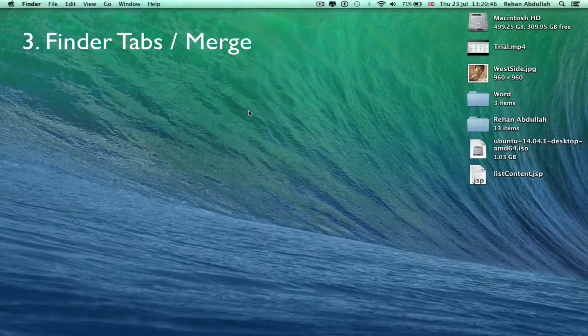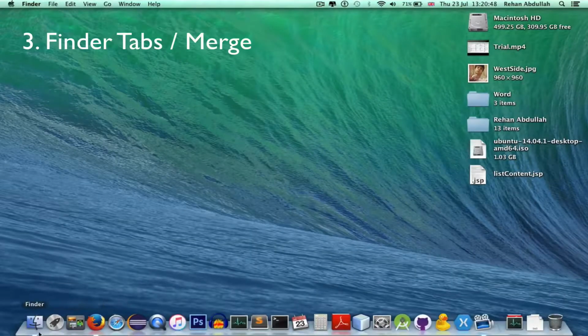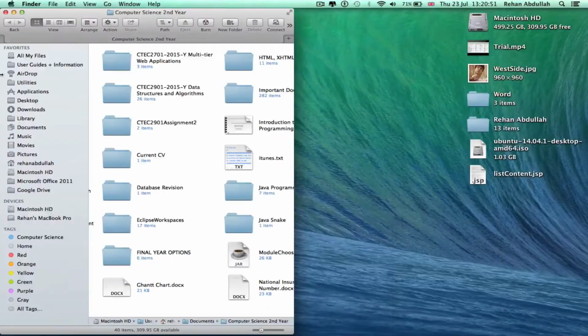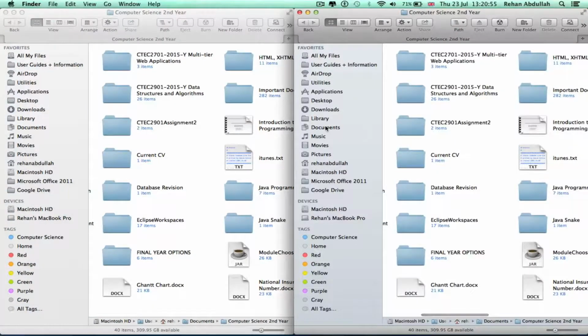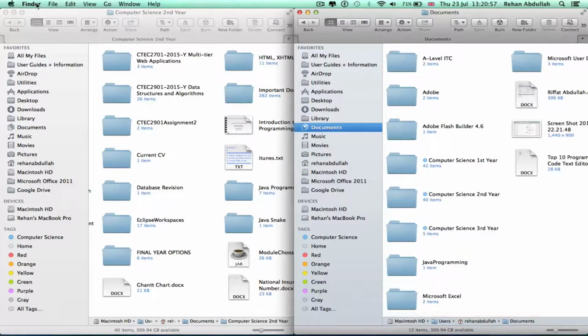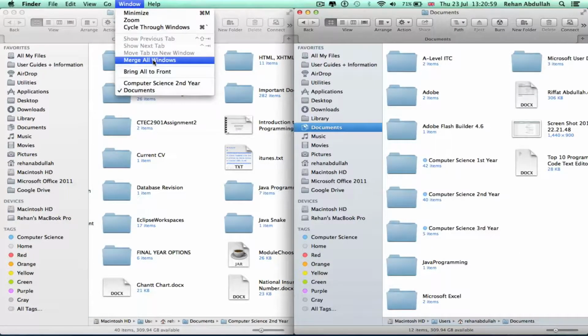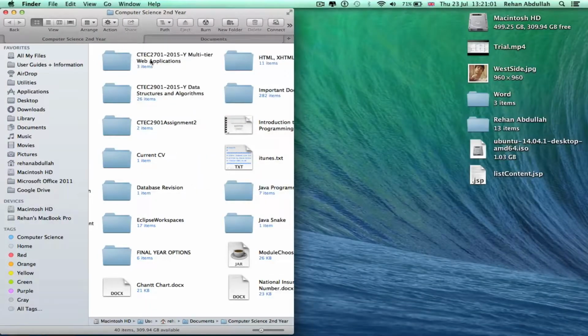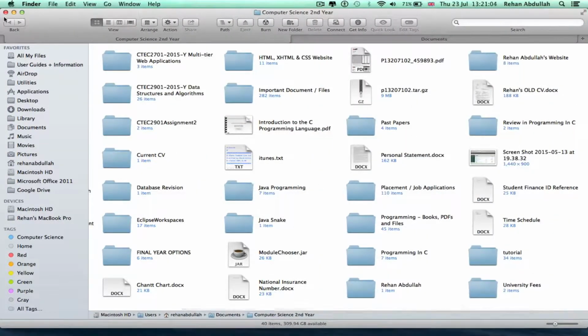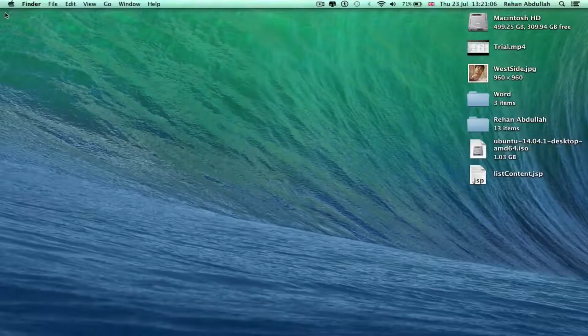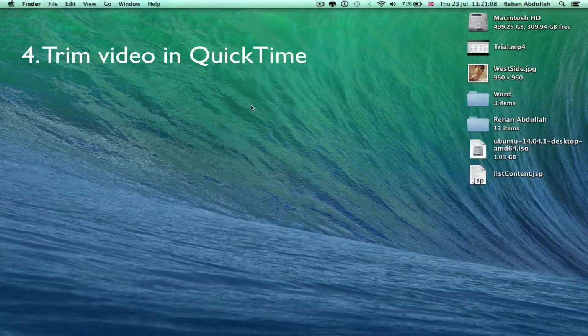Okay, the next thing is Finder tabs, and you can merge these together. So if I open this here, if I go on Documents, now if I do Finder, Window, Merge All Windows, there you go. If I close this now,